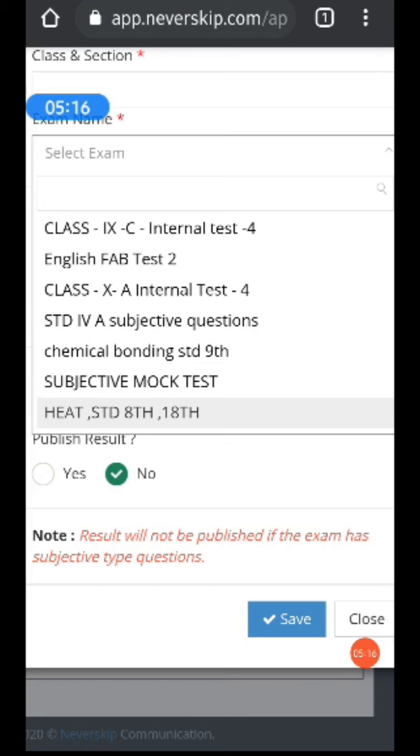Whereas if it is a subjective marks question, the result will not be shown to the children. Only after the evaluation can we publish the result. So by default, when you select subjective type question, the icon will say no. So once you save it, your question paper and your exam is ready for the children.